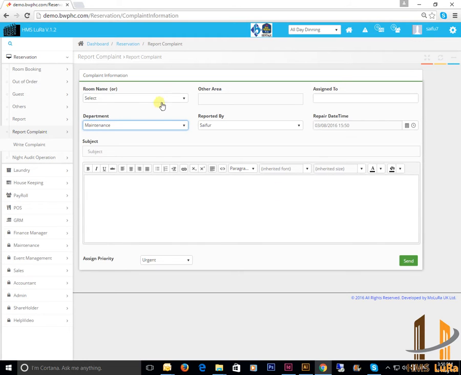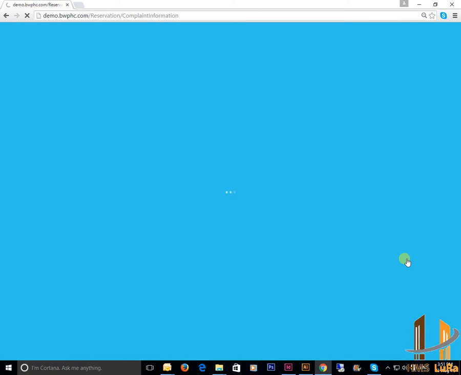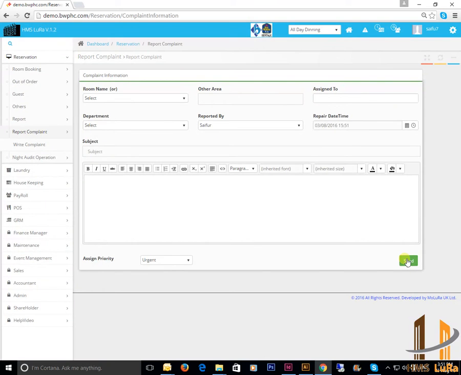For example, if I do a repair, assign it to the GM, with the department as maintenance and reported by whoever, and you write there is a leakage, and I just write draining, and then set the priority, and I can make it bold, and then if I save it, it automatically goes